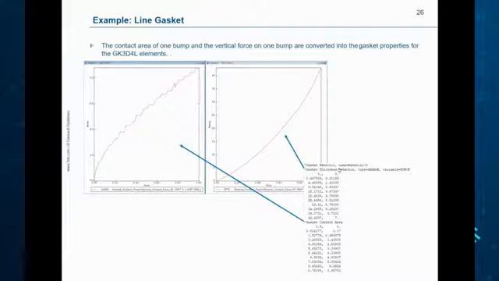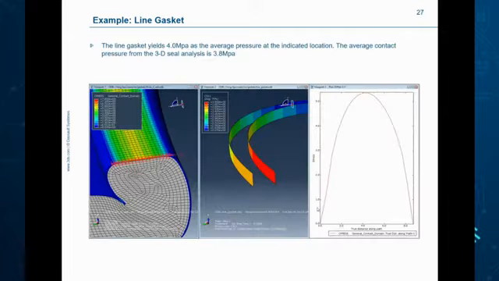And you can see here that Abaqus actually has options for inputting how the gasket area changes, and this would be for the line gaskets. And so I can put these into my gasket behavior definition. So what does that do for me? Well, let's see. Here you can see on the left-hand side an actual 3D simulation in Abaqus Explicit, where I